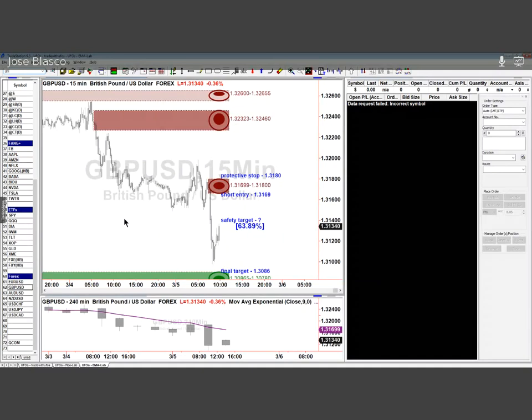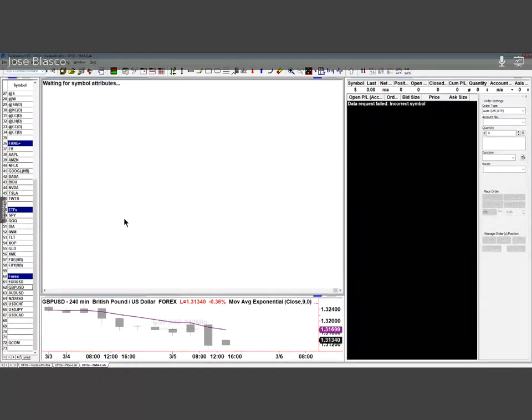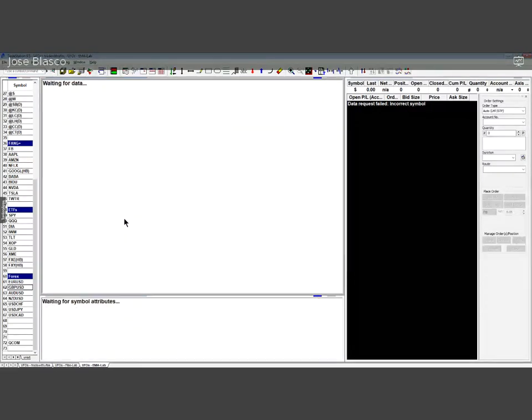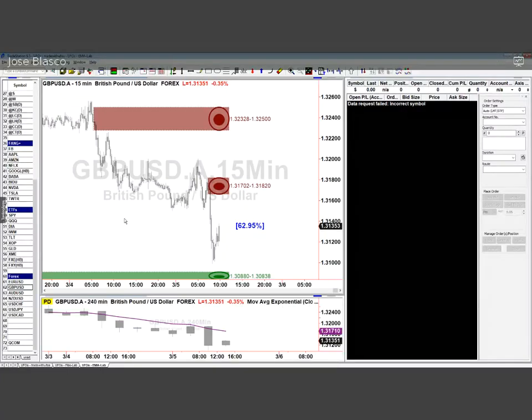So I need to change my GBPUSD ticker symbol to GBPUSD.A. Take a look at the upper part of the screen, guys. This is very, very important. Okay, so it's loading. Let's give it a second, but you will see it's very, very important to avoid stop outs. And if you look at the upper part of the screen, here you can see the symbol I was talking about, more specifically with the .A. Okay, we added the .A. GBPUSD.A.